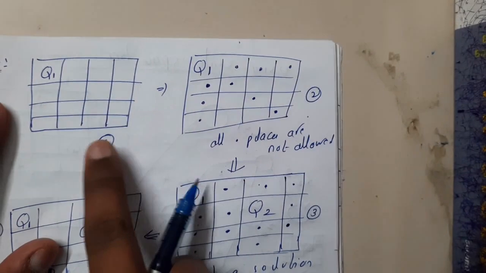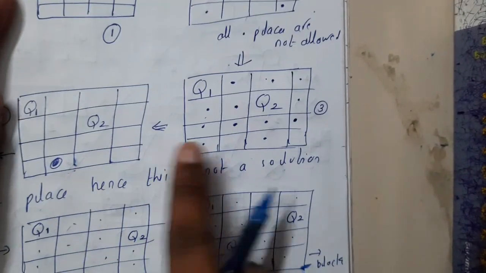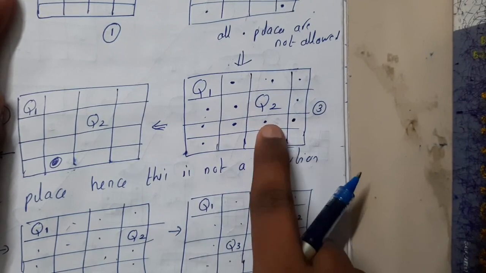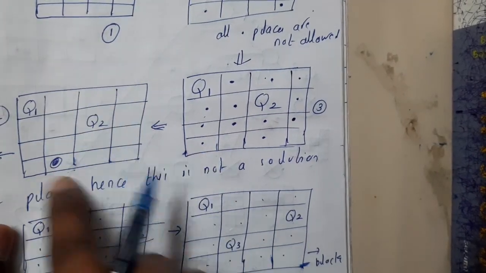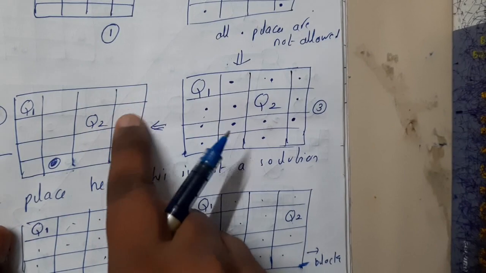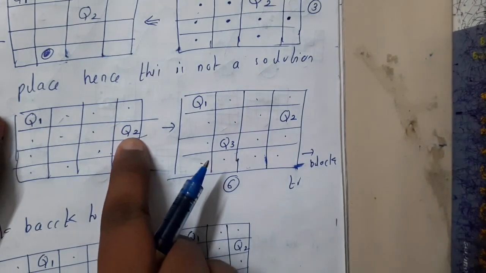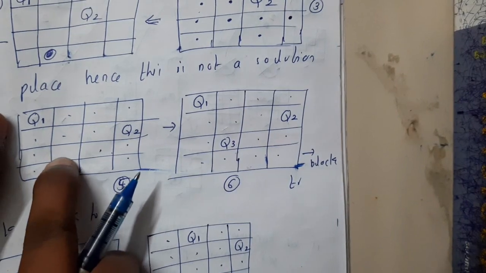So basically here we did it, no issue, no issue, no issue, no issue. But here we got an issue, right? 4 dots in a single row. So we went back. Is there any possibility to change here? Yes, you can place it beside it. There is no issue beside it also. So we placed it beside. But here again we got a chance. So again we kept it here.